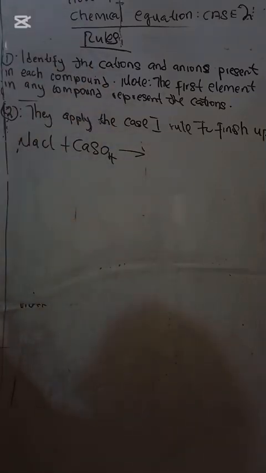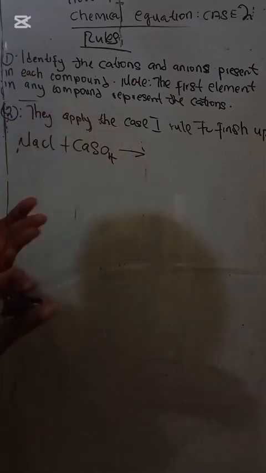Alright, now look at this. In this case 2, these are the rules. I say identify the cations and the anions present in each of the compounds. And I say that the first element in any compound represents the cation, because I know that most of you are going to have a problem of how do I know the cation. Now, in any compound that